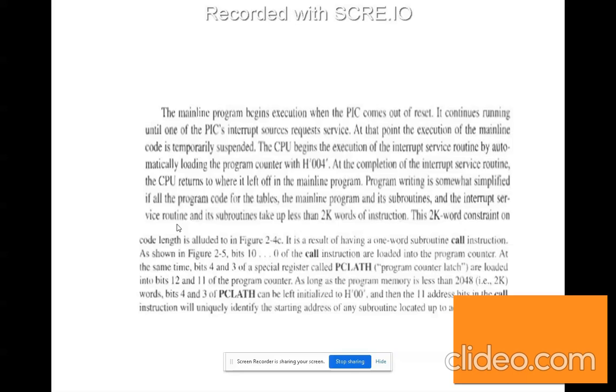At that point, the execution of the mainline code is temporarily suspended. That means when you acquire the interrupt service from the external device, the main program will be stopped temporarily. It will start to execute the interrupt that requested the service, temporarily, and then it will be